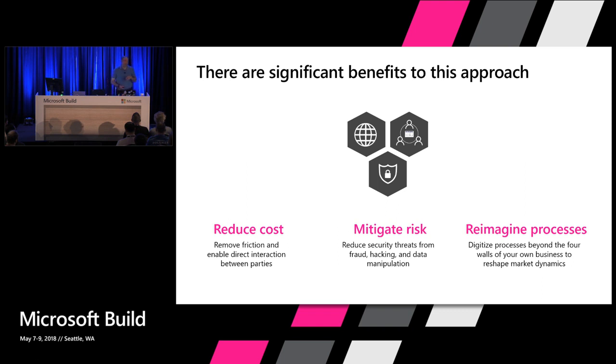And the last thing is this ability to connect all these different counterparties means that you can start to perhaps collaborate in new ways in your market. Maybe you have a legacy architecture for your market where the business processes are complicated, and you can now create direct connections with a variety of counterparties that you couldn't reach before. So you can really reimagine the way that business works, and in the same way that you might digitally transform a business inside of that organization using standard cloud technology, you can now look at transforming multiple organizations' business processes this way, outside the four walls of one organization. That's a really interesting thing that blockchain really lets you do in a unique way.